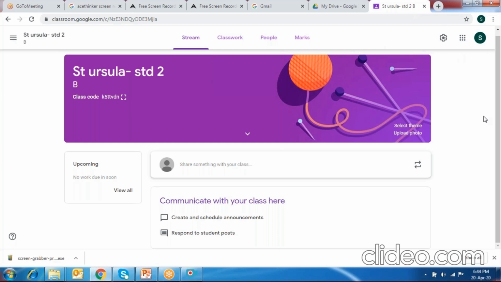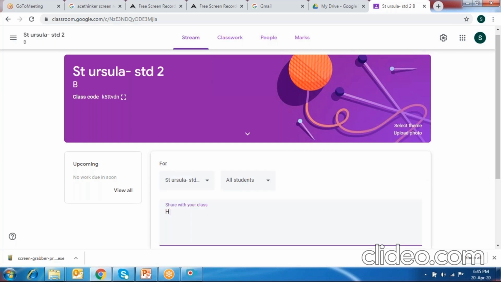Now let me show you the different options which are present in Google Classroom. If you can see at the top, there are four tabs here. The first tab is of stream. So this is the stream option. Here it's mentioned share something with your class. So I'm just going to click here. Maybe I can write down hi everyone, and I need to post it.